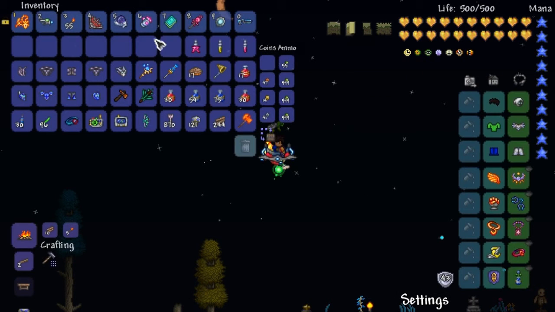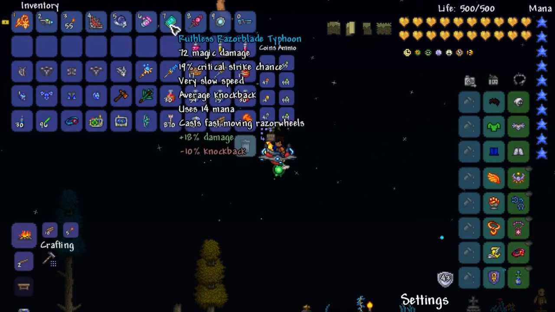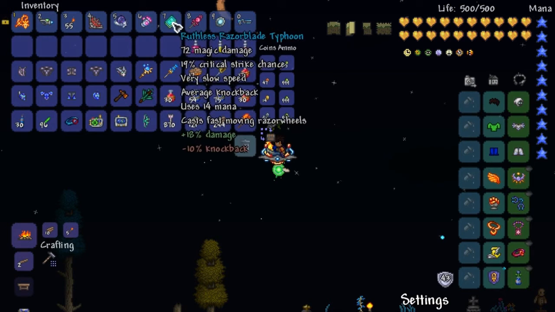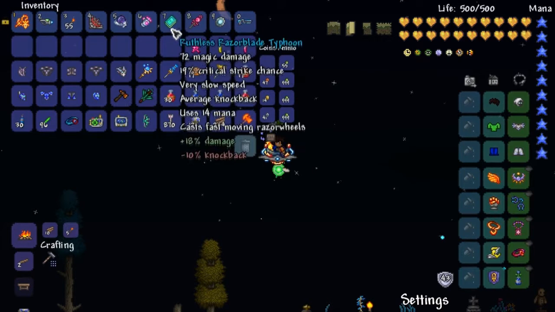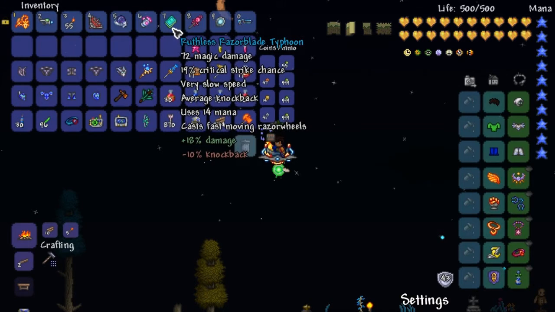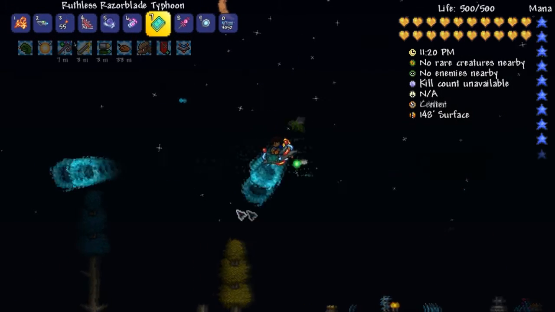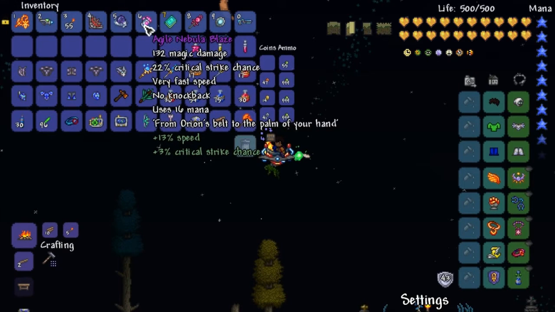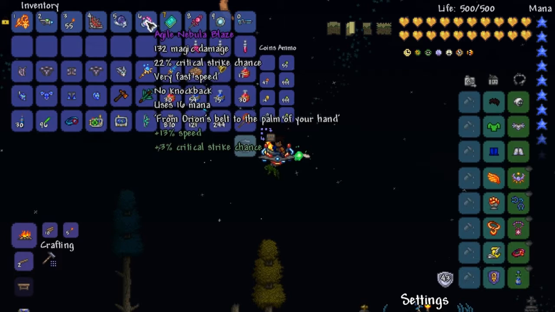And the weapon you want to use is the Razorblade Typhoon, which is one of the best weapons to use against the Moonlord. It has pretty high damage. It's not the highest damage in the game, but it's pretty good for a homing weapon. And the next weapon you want to use is the Nebula Blaze, which is crafted using the Nebula fragments,